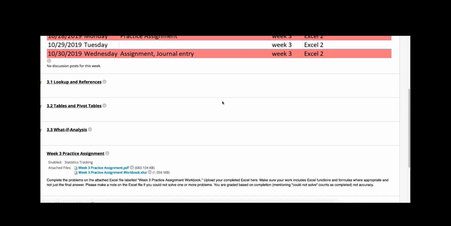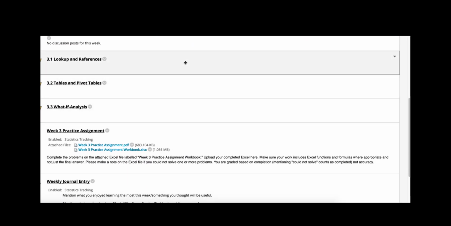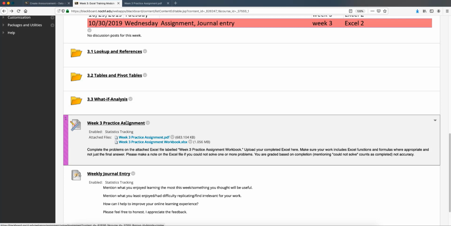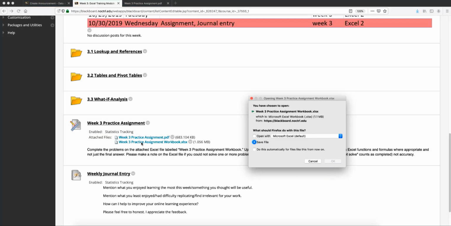So this week we are going to focus on lookup and references, so your VLOOKUP, HLOOKUP functions, how to create tables and pivot tables, and how to perform what-if analysis. For this week's practice assignment,